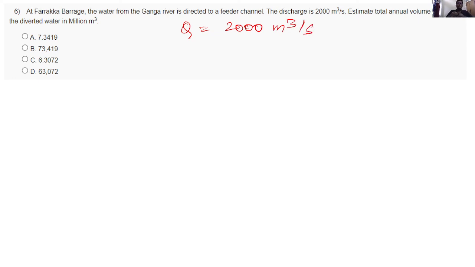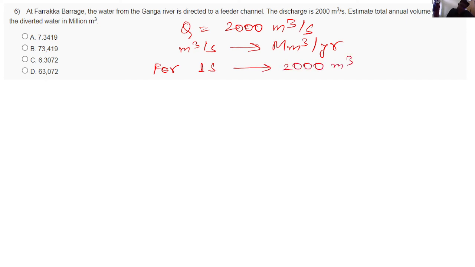The question just wants you to convert the unit from meter cube per second to million meter cube per year. So this is what you want to do. For 1 second, the discharge, or the volume, would be 2000 meter cube as per the question. So for 1 year, it would be